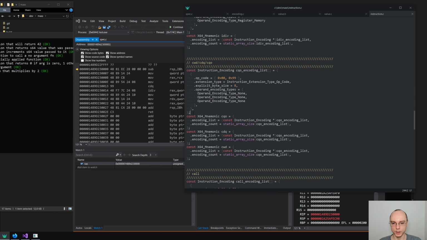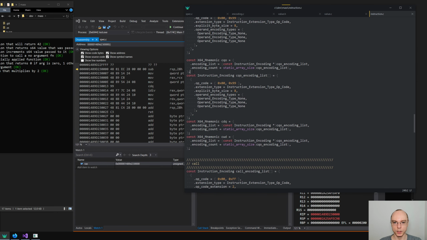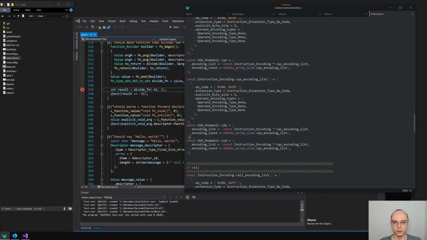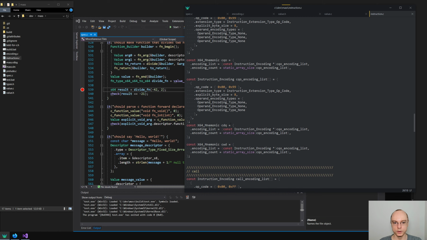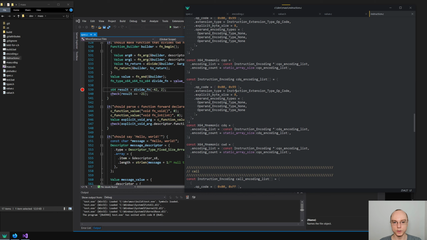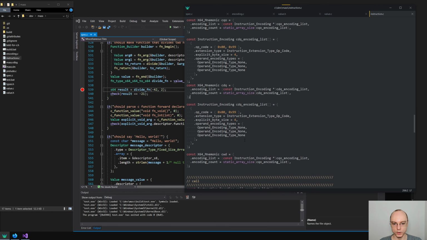But now we need to actually split them up into separate instructions, because otherwise they will not really work. Okay. So this will be CDQ, and we want also, and CDQ is 4. And then